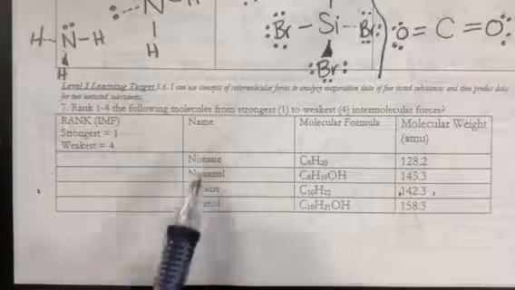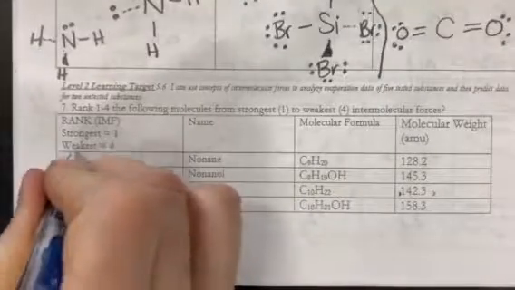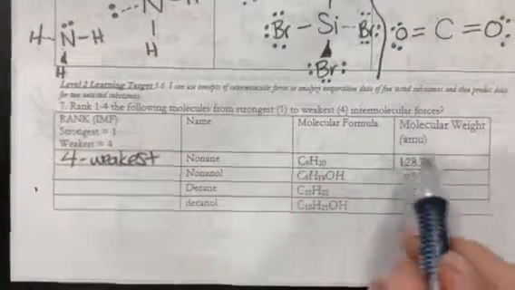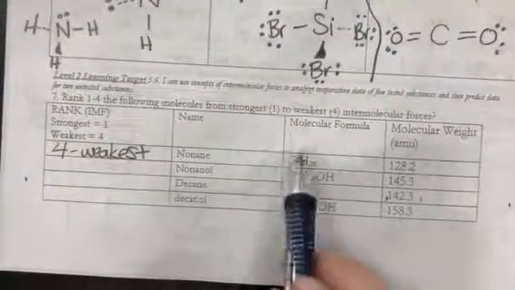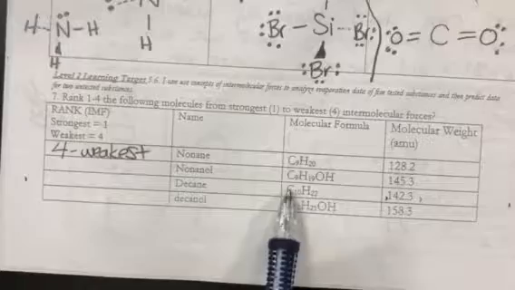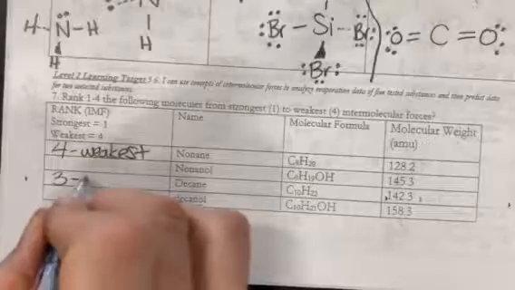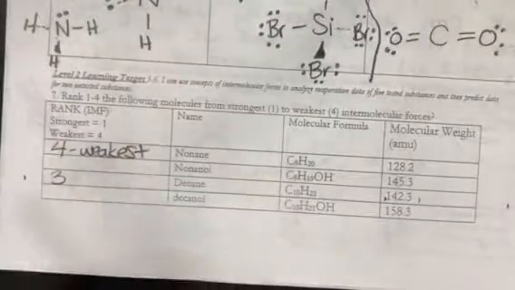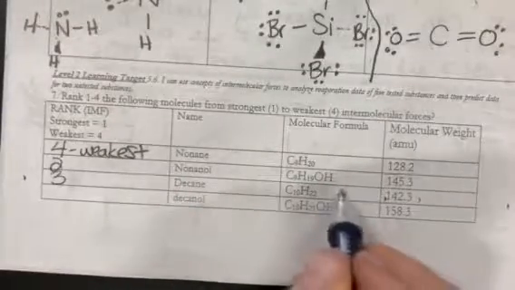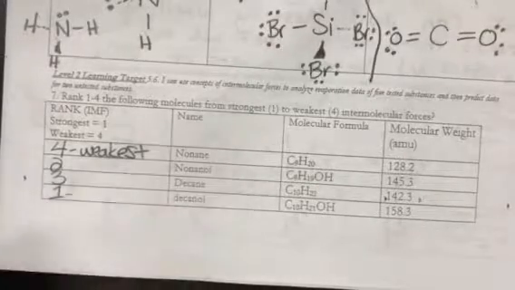So if I was going to say that this one right here would be the 4. This would be the weakest. It has the smallest molecular weight, and it does not have hydrogen bonding. The next one would be decane because it does not have any hydrogen bonding. It also has a larger molecular weight than nonane, so that would be second weakest. I'll just write 3. Nonanol would then be number 2 because it is not as heavy as decanol, but it has hydrogen bonding. And then number 1 would be